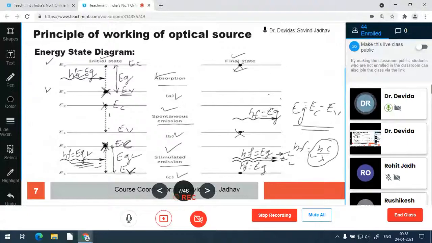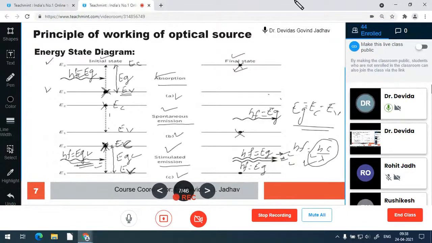Here, both the photons have the same energy, so both photons have the same wavelength. Just like red and violet, if wavelengths are different, colors are different; they are not the same chroma, they are different. Here the wavelengths are the same, which means the colors are the same. They are monochromatic, and they have the same direction as well as the same phase relationship.